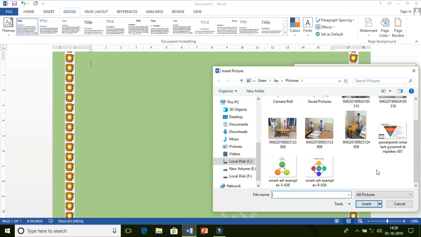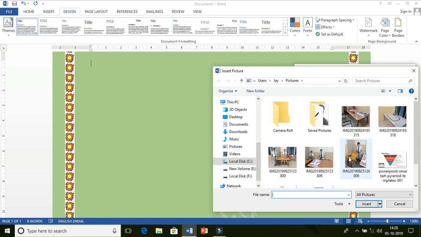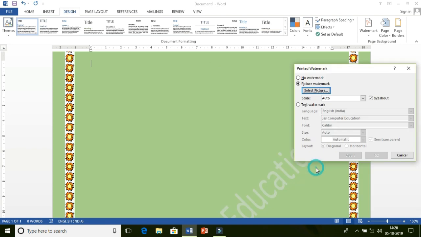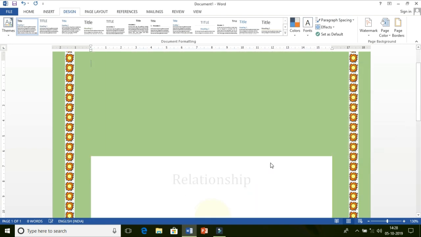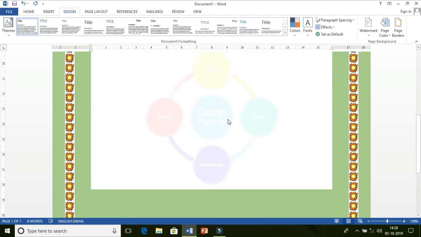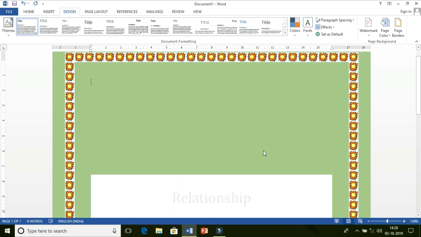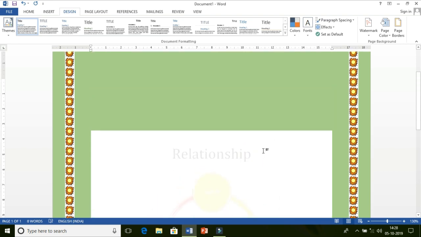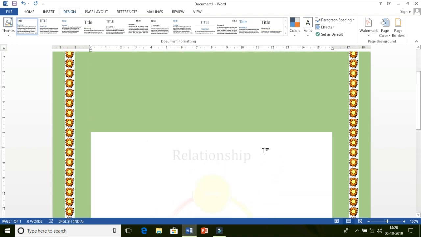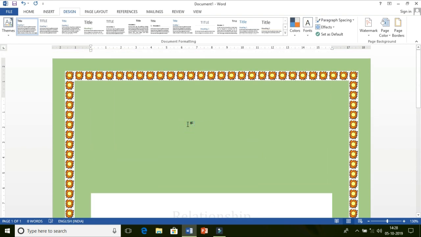So suppose here I am selecting any one picture. Let me select, suppose, this picture. Just click on OK. So now you can see this type of logo you can add. So this is called a watermark.